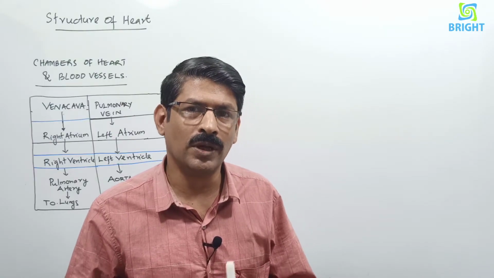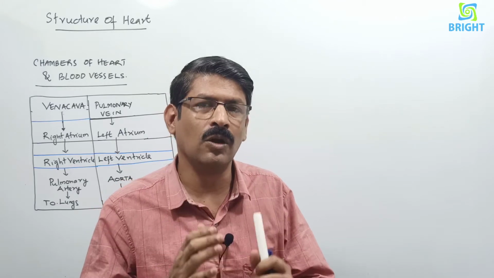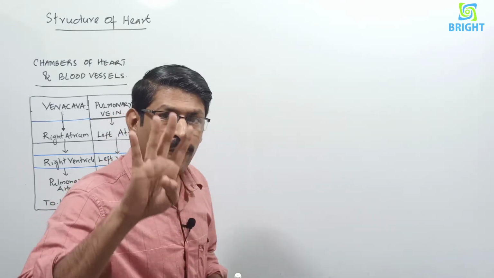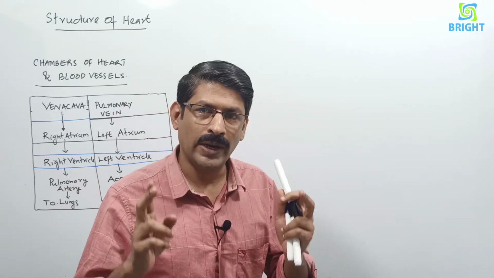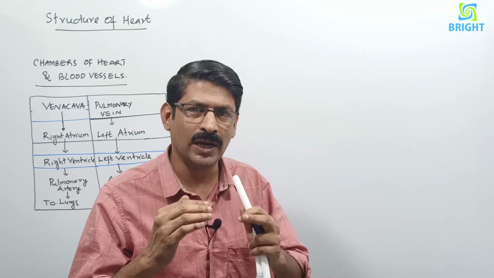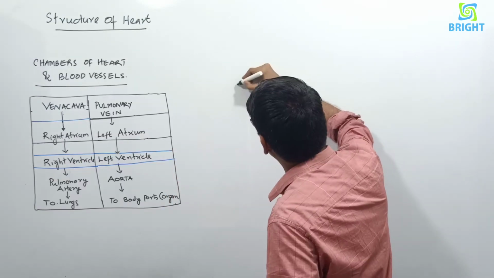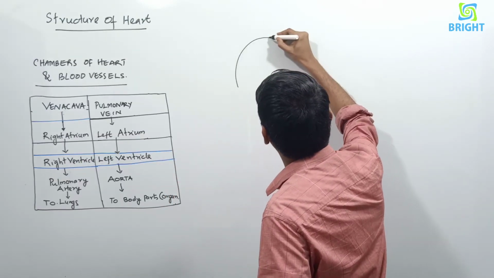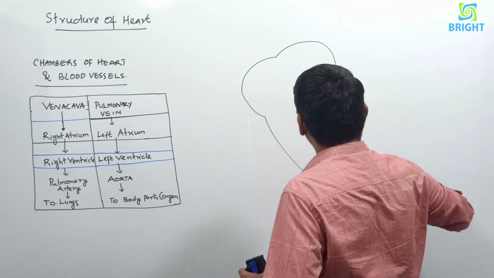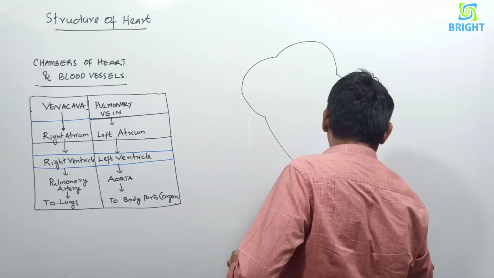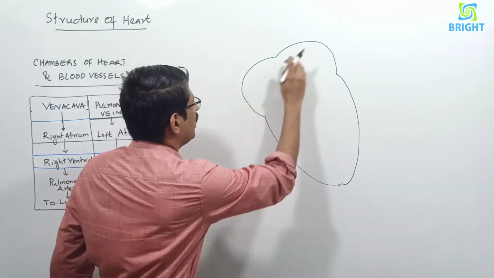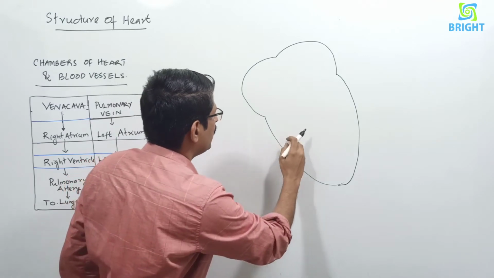Today we are going to discuss how to draw the structure of the heart. We know the human heart, or mammalian heart, has 4 chambers, 2 ventricles and 2 atria. The atrium is the upper chamber and the ventricle is the lower chamber. The diagram is just like this. So this is the outline of our heart, and these are the 2 upper chambers, these are the 2 lower